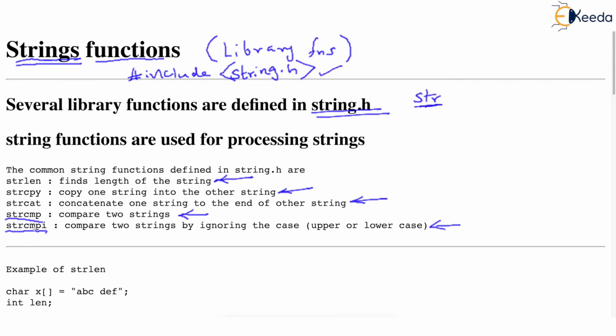That means both these functions are meant for comparison of the strings, but in strcmpi, the i means ignore case. We will learn each of these in detail.